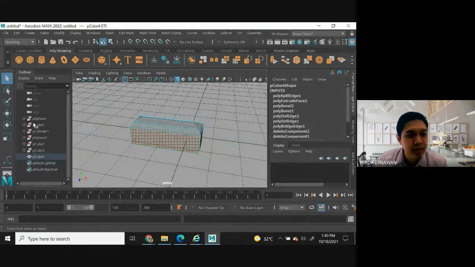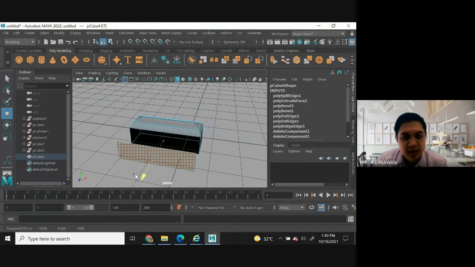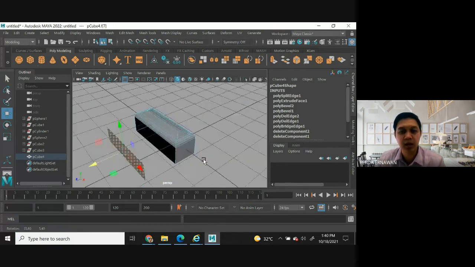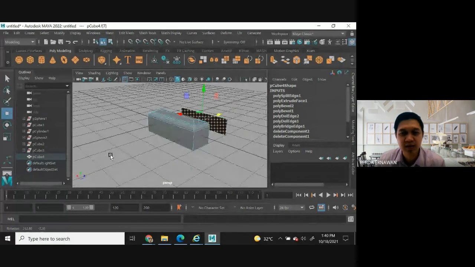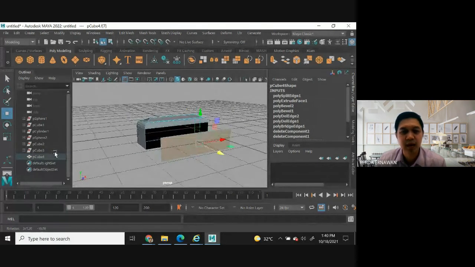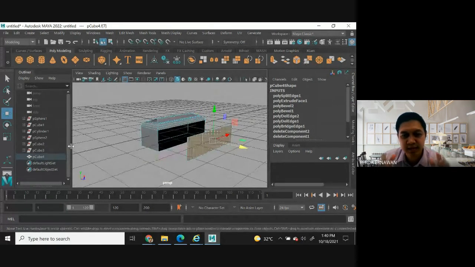After that, select the move tool here. You can see I take off these faces, or this polygon, from this 3D model. Understand? This is detach.